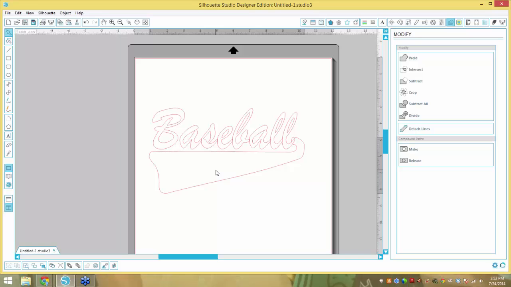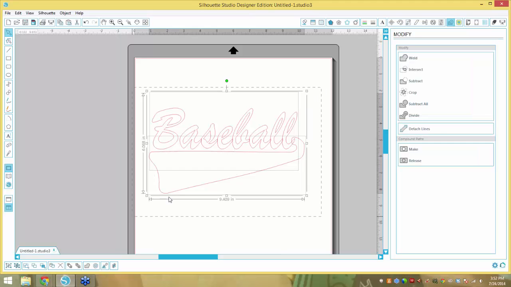Just work with it, practice a little bit, and you can make it look like whatever you want. I kind of like the style where it concaves in a little bit right there. And then you can see it attached at the end here where it's still overlapping. Okay? Well, now what I'm going to do is highlight this entire design, and back to my